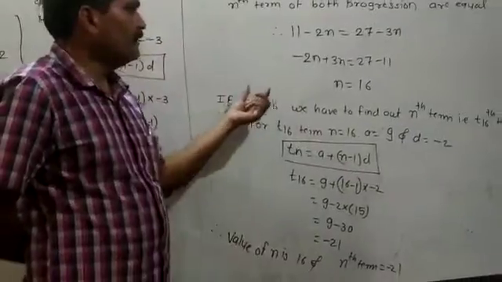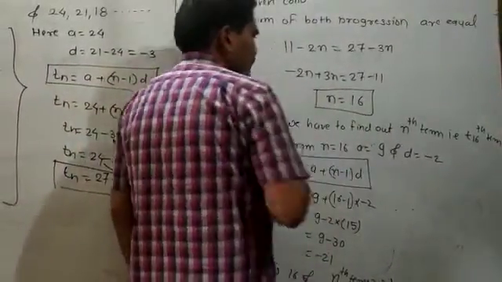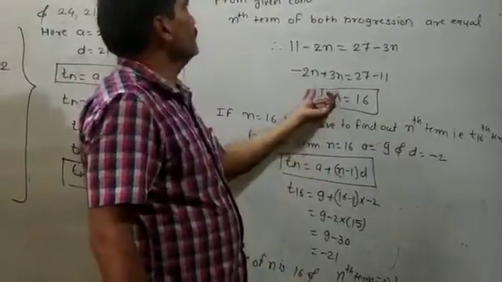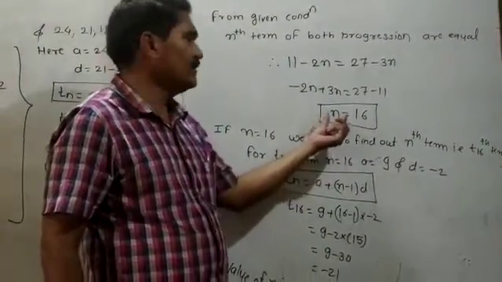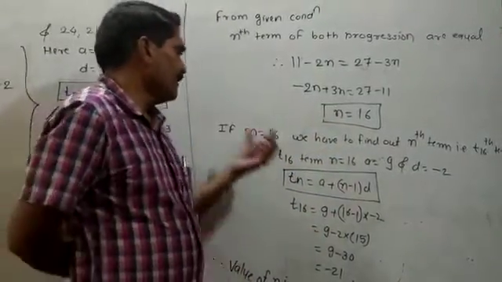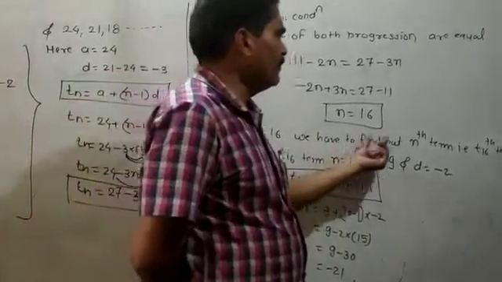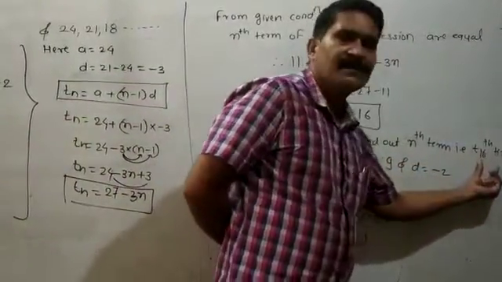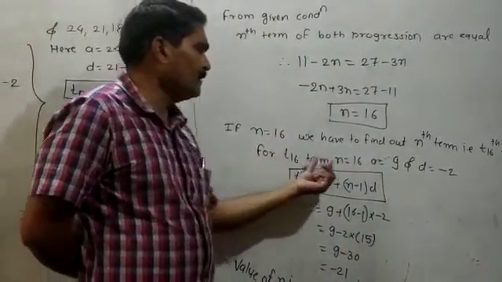So n is equal to 16. This is the value of n, not the n-th term of the progression. Now you have to find out the n-th term. If n is equal to 16, we have to find out the 16th term, that is T16 you have to find out. For the 16th term, n is equal to 16,